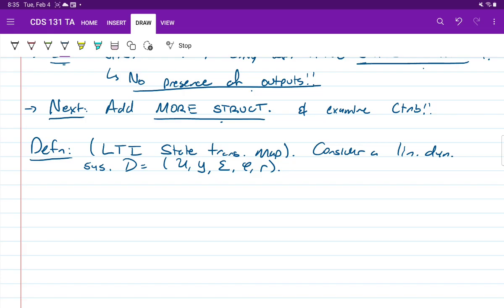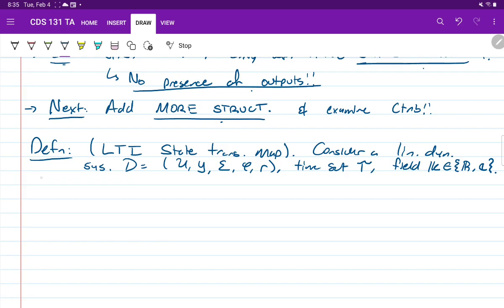And we need each of these spaces, U, Y, and sigma, to be vector spaces, okay? So I'll say let this be on a time set T. And one condition of these vector spaces is that U, Y, and sigma need to have the same field, right? The same sort of scalars, okay? So I'll say that the field needs to be K, which is going to be either R or C, okay?